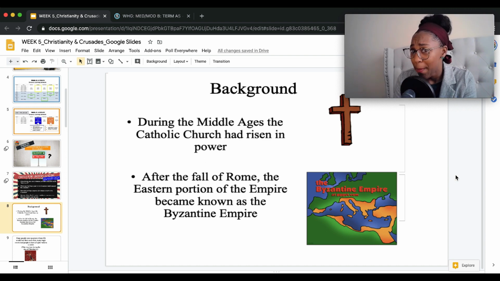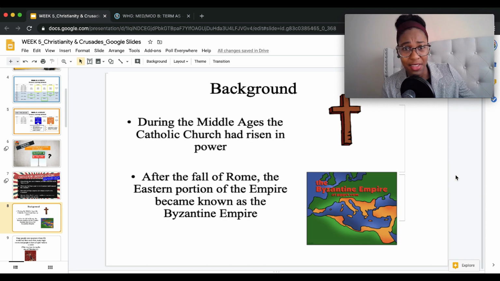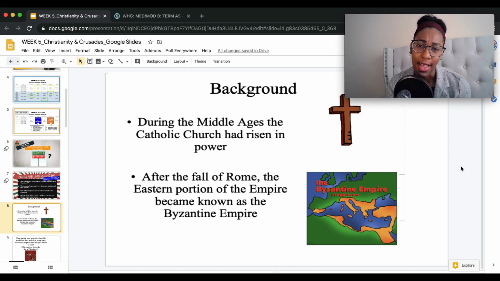So the Eastern Roman Empire was doing great. Western, not so good. But the church was taking care of what was left over in Western Europe after the fall of Rome. Remember, after Rome fell, there were no more governments to provide order, to give out food to the poor. These things that governments usually do, like, I don't know, help provide education, for instance. All of those things started to be taken care of by the Roman Catholic Church. The church gained a lot of power and respect by providing for the needs of the people during a very, very, very scary time. Meanwhile, the Byzantine Empire, which was the Eastern Roman Empire, was still going strong.